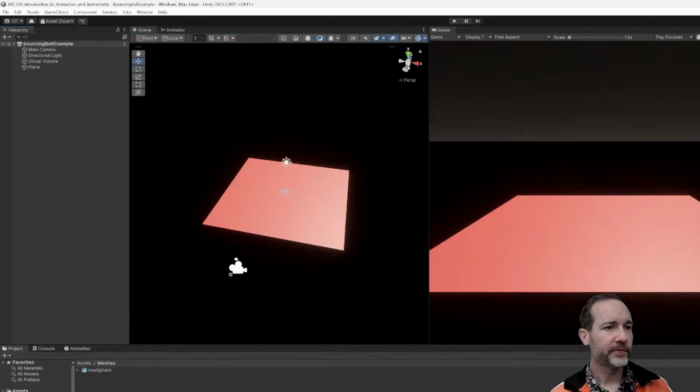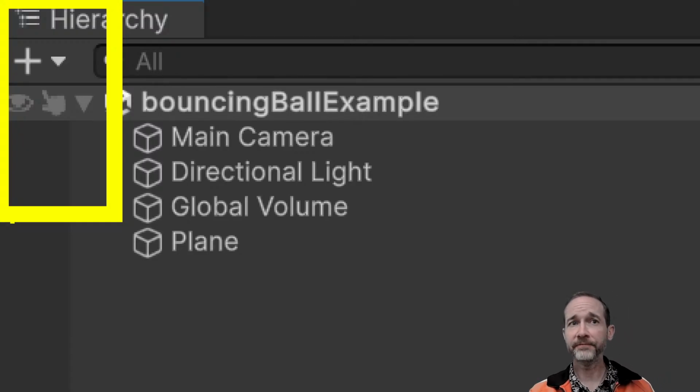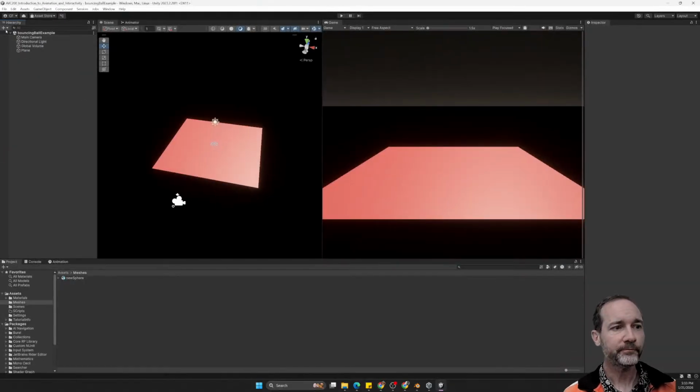Make a new thing. Up here under plus, I can make new game objects, right? Like I said, in the future we'll be bringing stuff in from Procreate and Blender into assets. We're not going to do all of that today. We're just going to use some shapes to experience animation and interactivity. And so, over here,